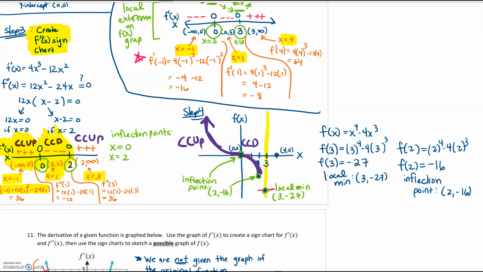And then once I hit x equals 2, I go back concave up. I'm at another inflection point. I'm going to hit that local min and bounce back up. Oh, don't forget to go through that other x-intercept. So I need to make sure when I come back up, when I bounce off that local min, I'm going to bounce up through that